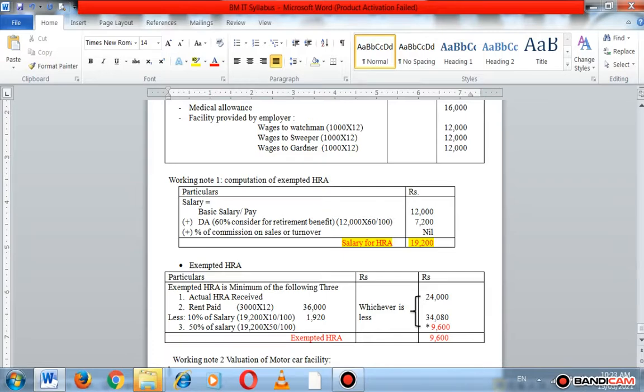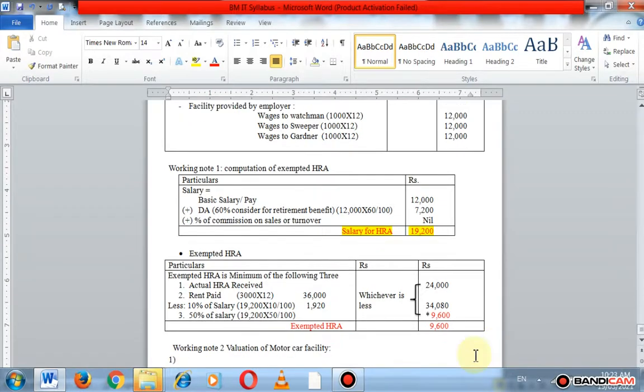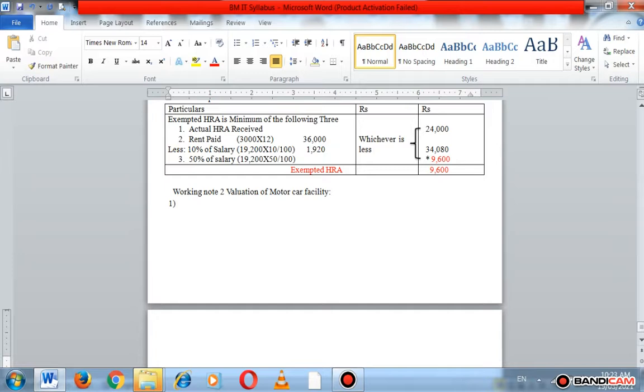So the first point is the situation where the car is